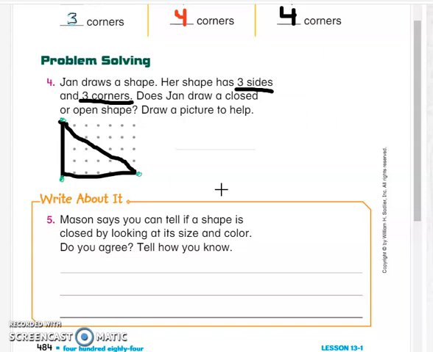If you can move it out, if there is an open part, then the shape is open. So if I were to put my finger in the middle, I would see, oh, it's trapped. There's no way for me to get out of this shape. So I know that this shape is a closed shape. Forgive my messy handwriting. It is a